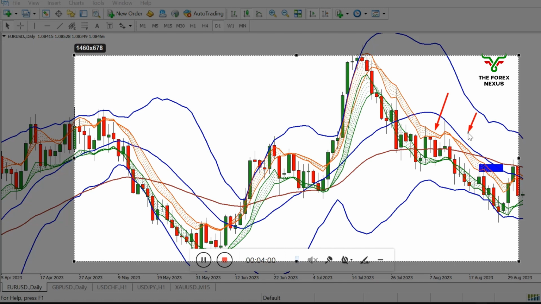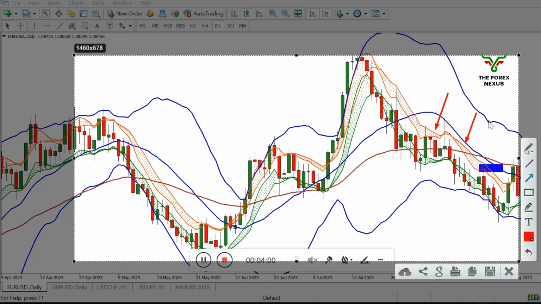Here you can see. Now if it's above the mid BB,